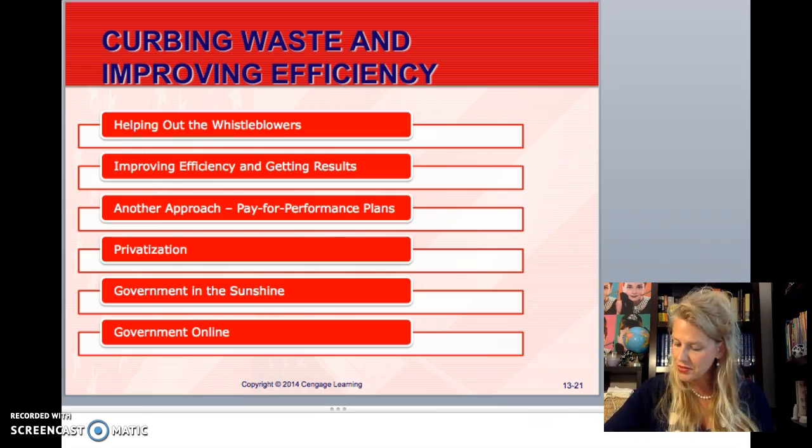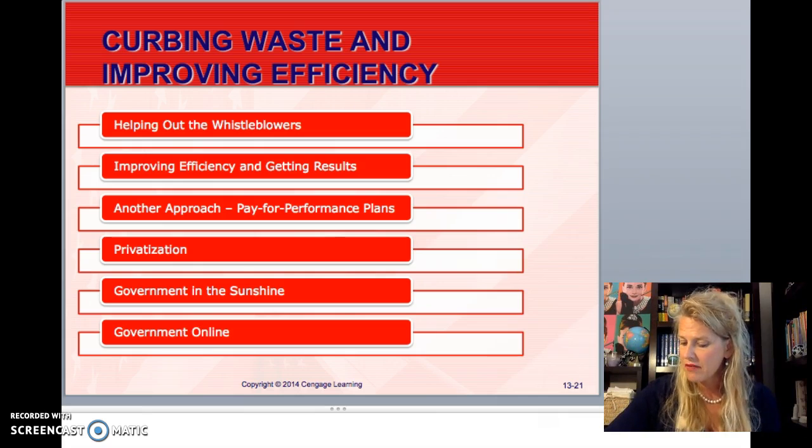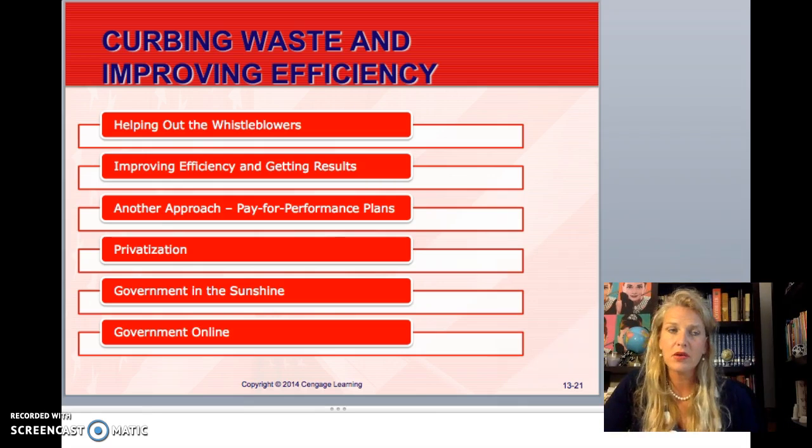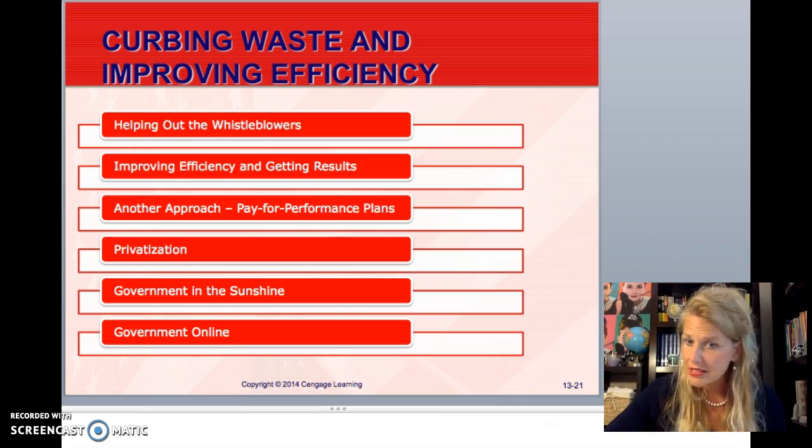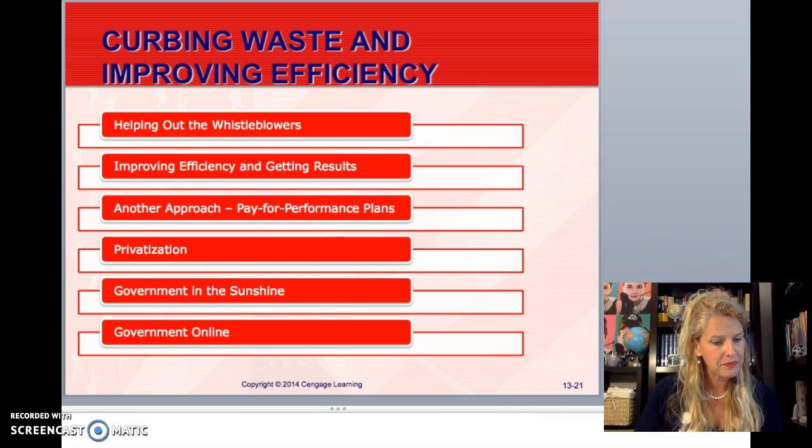All right. Also on page 307, it talks about how President Obama's contribution to the attempt to improve government effectiveness was to create a chief performance officer. This individual reports directly to the president and works with other economic officials in an attempt to increase efficiency and eliminate waste in the government. So, there are presidents that are trying to implement this and put this in place. Okay.